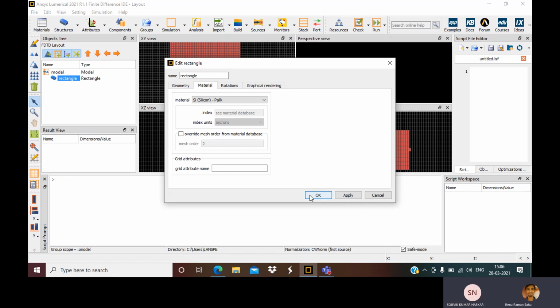Just go to the cursor in the material section, where silicon is. Sometimes there is some inbuilt material like platinum, rhodium. If I am taking some material which is not included in this list, what should I do? Let me tell you that.